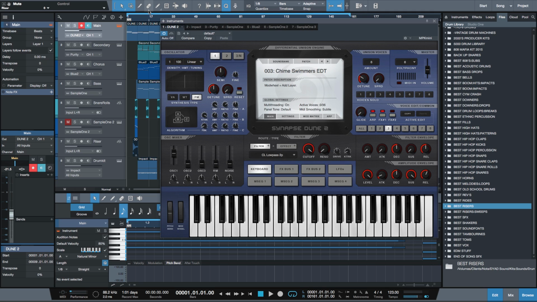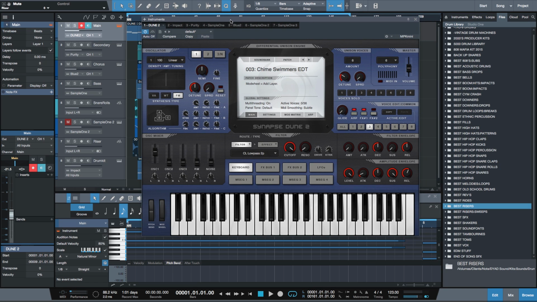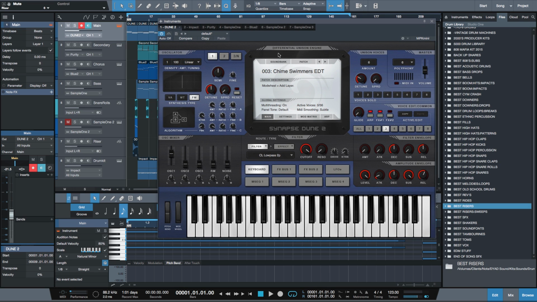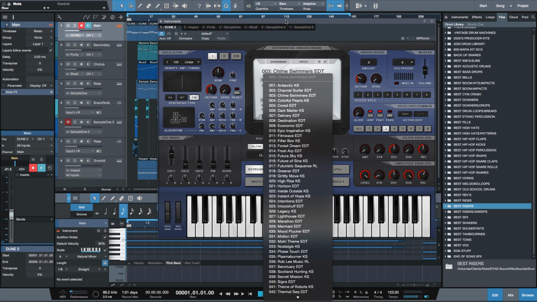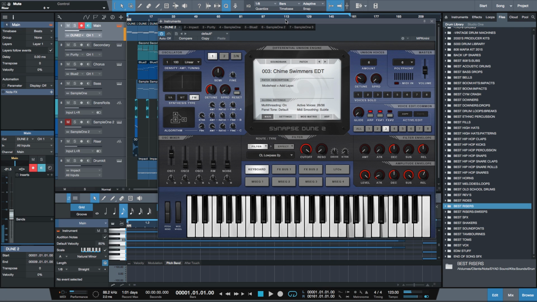So in this case, I opened up Dune 2 by Synapse, which is a great soft synth. It's got some excellent sounds in it. What I wanted for this specific beat, I wanted something arpeggiated. In this case, I went through a few different sounds and I came across this instrument called Chime Swimmers. And playing around with it, I immediately liked how A minor and E minor were sounding played one after another. So